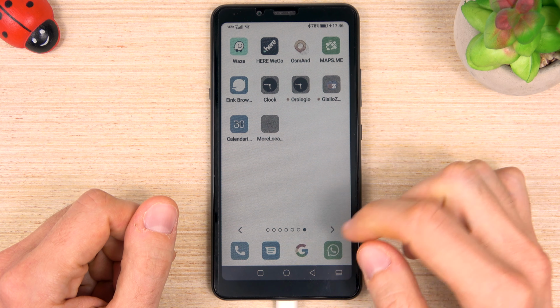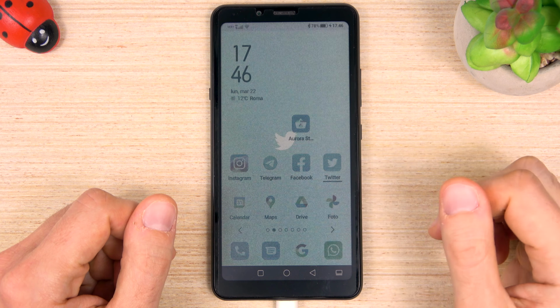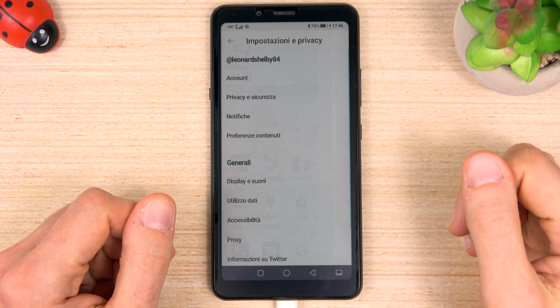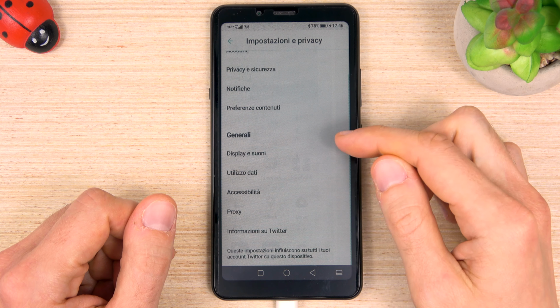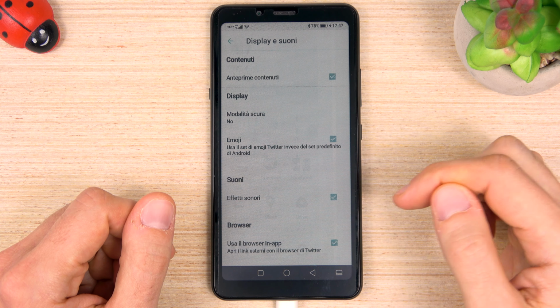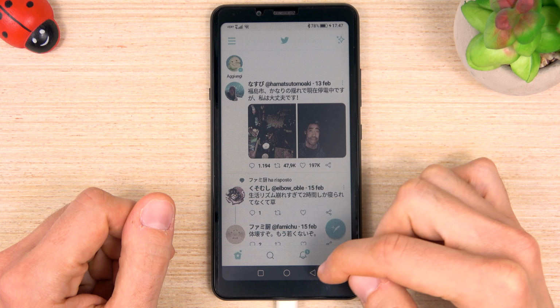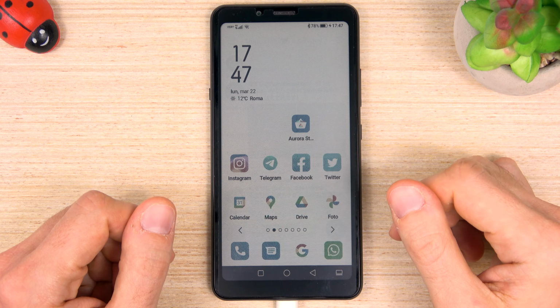Go back to your home screen and all your apps will be translated in your favorite language. Remember that the apps that you want to be translated must support your language.